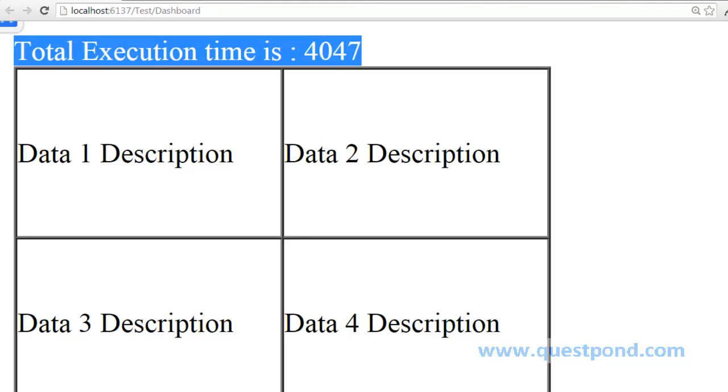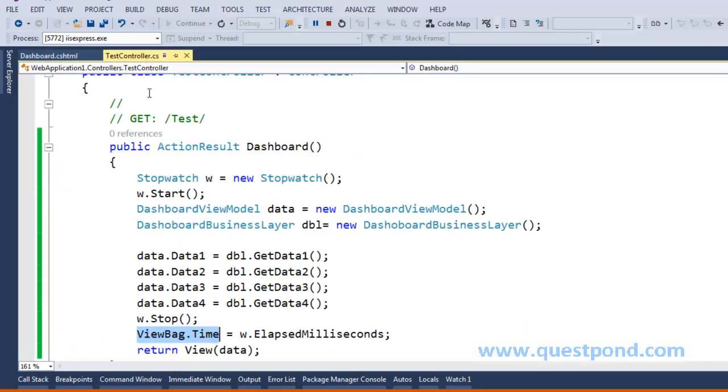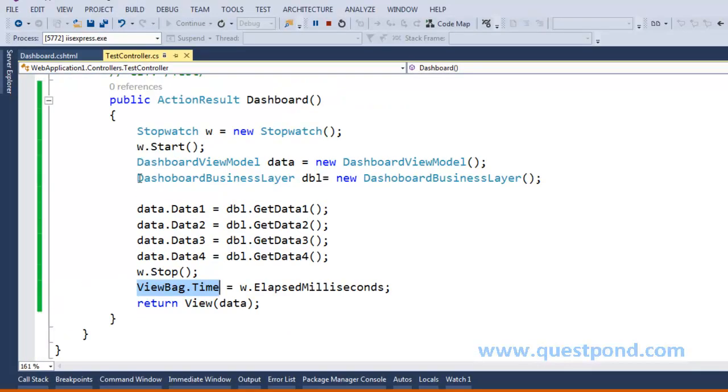Now the point here is, if you look at the code in our controller, each one of these methods is actually an independent method. So what I believe is each one of these methods should get executed in a multi-threaded manner, and once the execution of all of these methods completes, we should get the output. So let's implement multi-threading here, and let's see what kind of benefits we get.